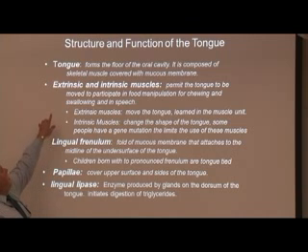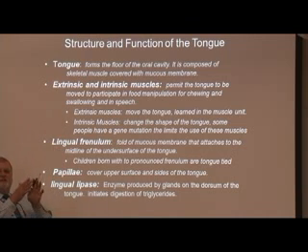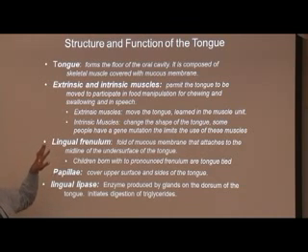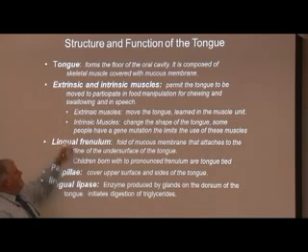So what we say is extrinsic muscles are the muscles that move the tongue around. Those are the muscles we learned in 242: styloglossus, hyoglossus, genioglossus. Those are external to the tongue, so we call them extrinsic muscles, and they help us manipulate our tongue around. The muscles in the tongue itself that help us change the shape of our tongue, like rolling our tongue, are called intrinsic muscles because they're within the tongue. So we have two sets of muscles that we can manipulate, extrinsic muscles and intrinsic muscles,